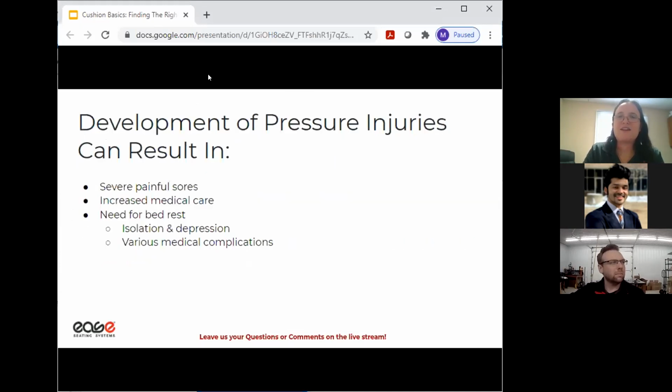Sorry, guys. So now, the development of pressure injuries can result in severe, painful sores. Now, when you get these sores, there is an increased need for medical care. You generally have to go to the doctor more often, a specialist, a wound care physician, to monitor and treat that wound, as well as having nurses and/or caregivers coming in your home much more frequently to check the wounds,